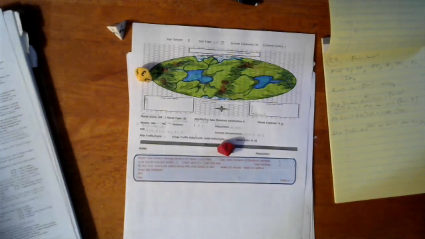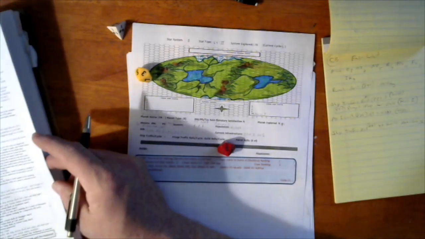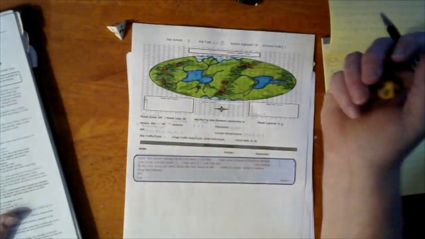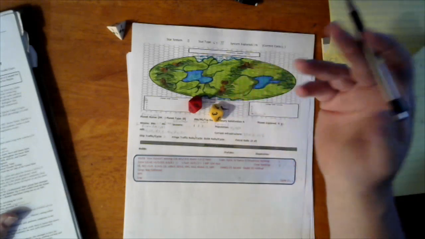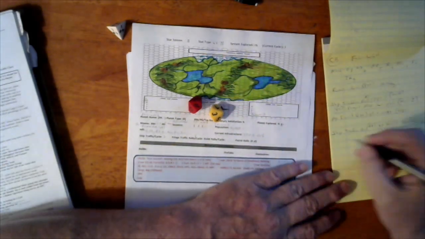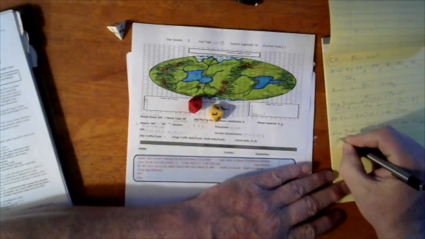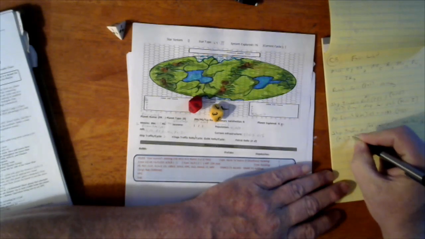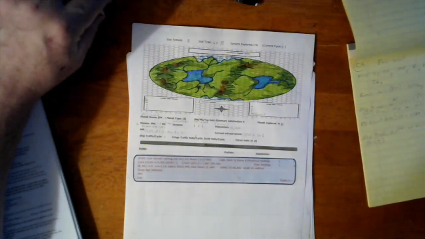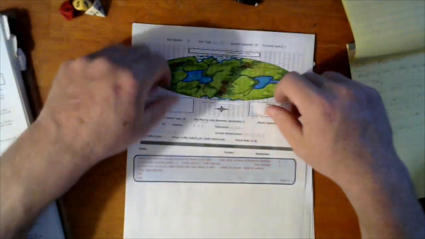We'll go back to that chart for hull sizes and figure out just how big of a hull we've got going on here. Minus the 50. So 39 minus 50, back to 1. So it is a hull 1. All right, so we have that established, and then I need to do a couple other bits of